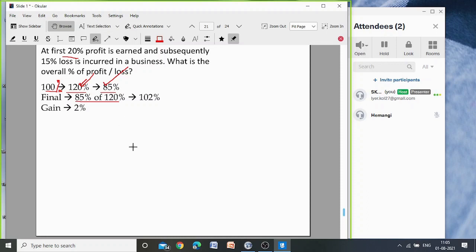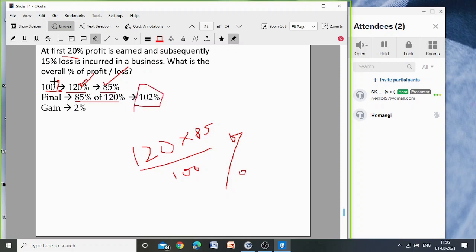85% of 120%. Again the same thing. Make one 100, don't make the other. 120 and 85, there are two percentages, 120% and 85%. So one you keep as a percentage and only for one you put 100. Put 100 for one, keep the other as a percentage. Anyone. Otherwise 100 would be applied twice. So when you calculate, you will get 102. So whatever you get above 100, the starting point is always 100, that 2% is your gain. Okay?